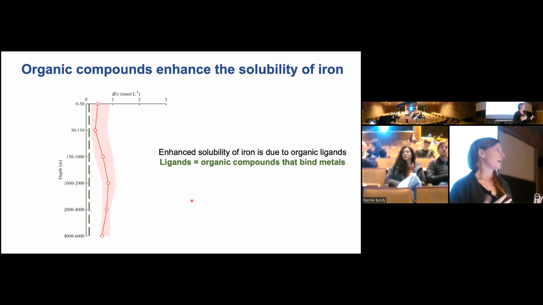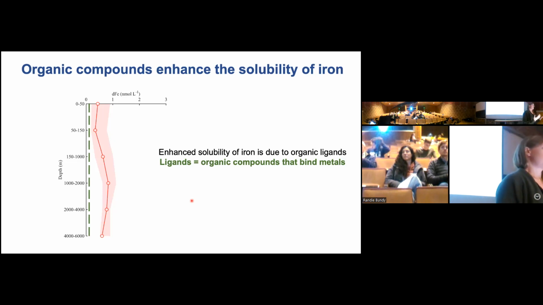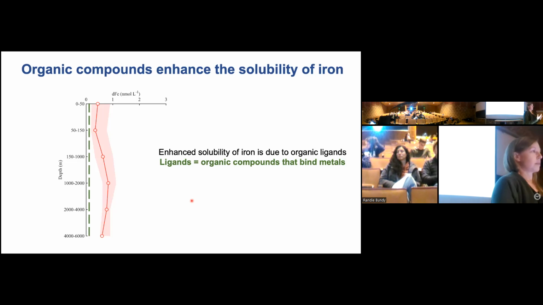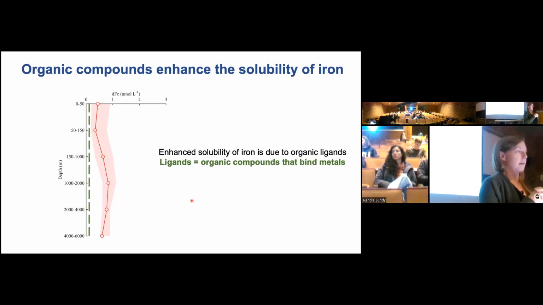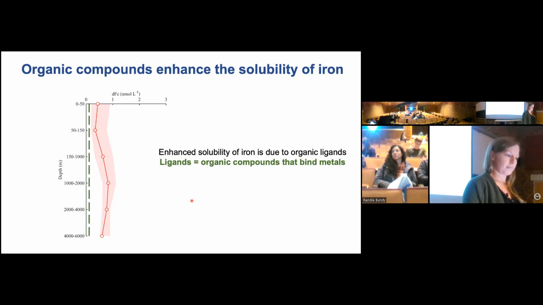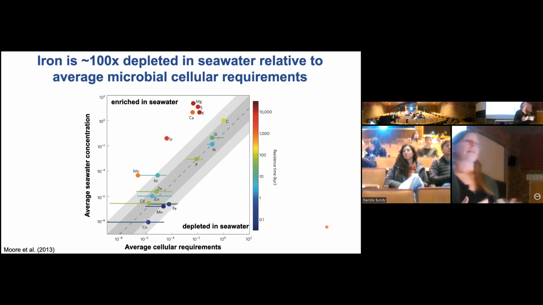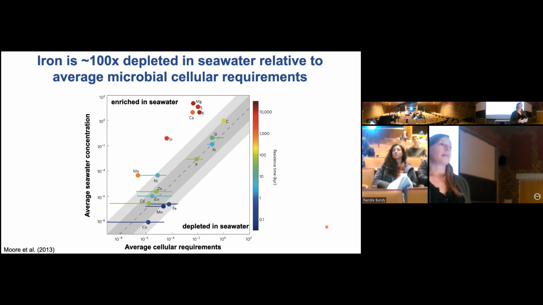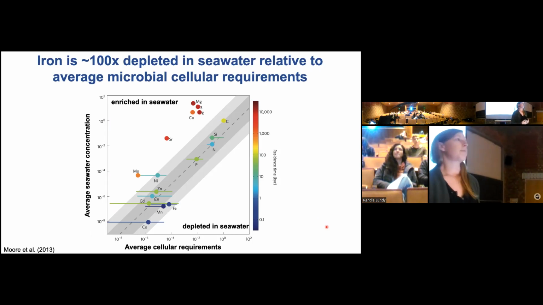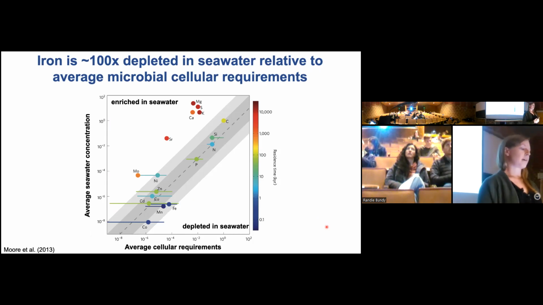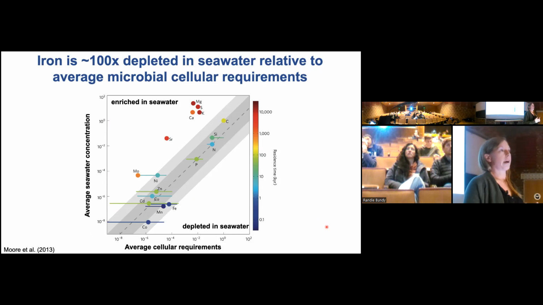So these are different types of organics that either just happen to be present in seawater or are actually purposefully secreted by microbes that can bind iron. It keeps it soluble, it protects it from precipitating. And so even though these ligands enhance the solubility of iron in seawater and keep it at concentrations above its inorganic solubility limits, it's still very, very depleted in seawater compared to what is required by